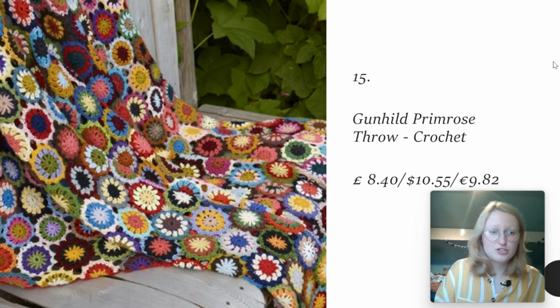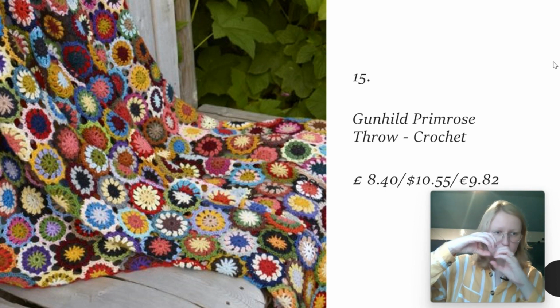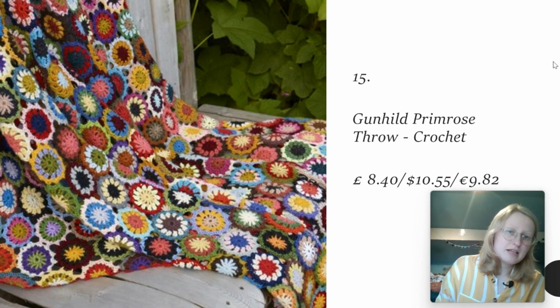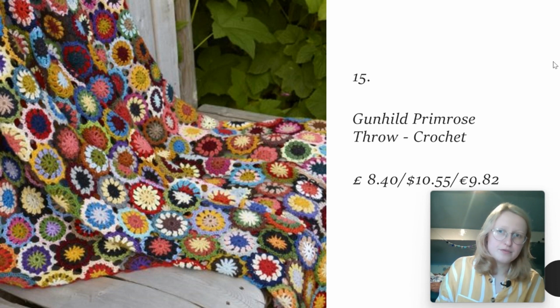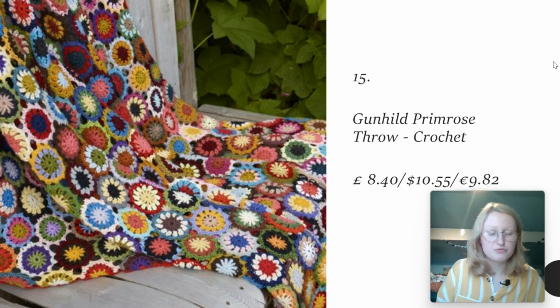You could use different textures. You could use a tweedy and something else. You could do it all in cotton, so you really could use your leftovers. Another bit of the design I like, because it's circles, and obviously circles don't fit together like a square would, there are bits of gaps in it, so I really like that you could still use it kind of spring, late summer evening, and it wouldn't be too warm even if you did it in even leftover tapestry wool or